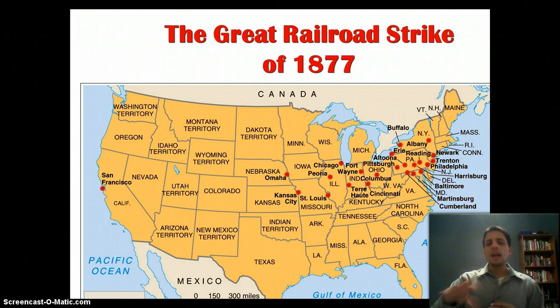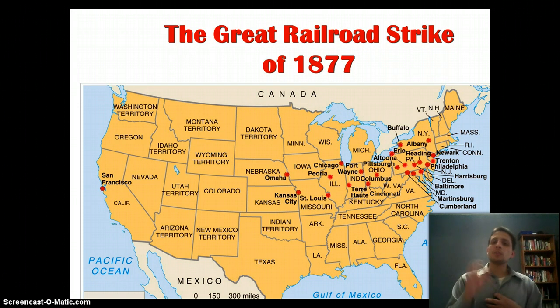And what starts to happen here is different railroads are having trouble because they're cutting their pay and they're laying off workers. And so the workers are going to start to protest and have some boycotts and really some general strikes that are going to break out really in the Midwest. So it starts in Pittsburgh and the Ohio area. And when this happens, the companies are going to call in federal troops, not federal troops first, but state militia troops actually. They're going to call in the state militia to try and quell the uprising or quell this strike that's taking place.